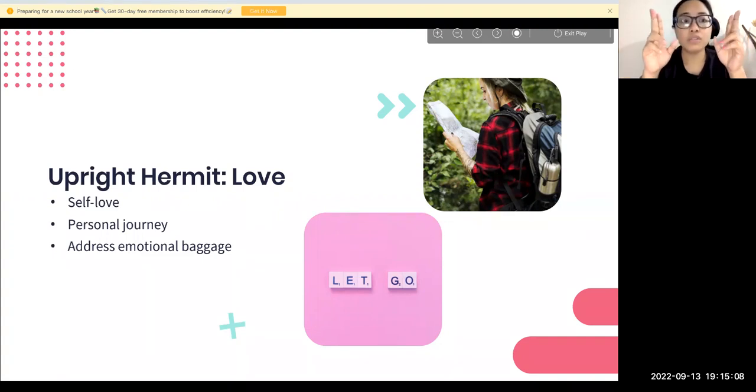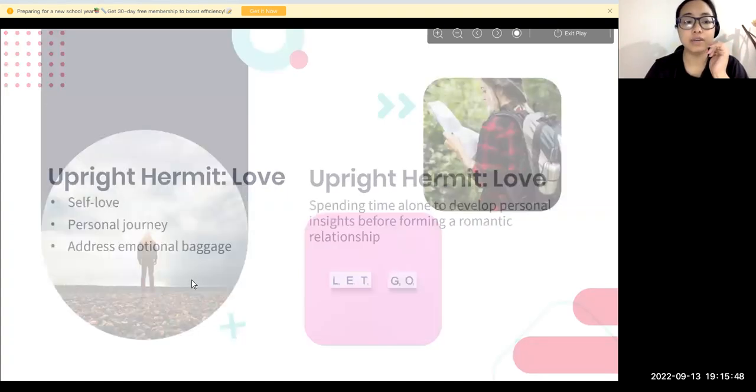The Hermit also signifies healing, by the way. So if you get the Hermit card in your reading, it means healing is very important, because it's a period of self-love, and healing is all about self-love. So it is about addressing your emotional baggage, correct? If you are in a relationship, or you were in a relationship, or you just had a breakup, or you're going through a divorce or separation, you're going through a lot of emotional baggage. So it's time for you to let go of all that emotional baggage, time to self-introspect, love yourself, and do healing for yourself.